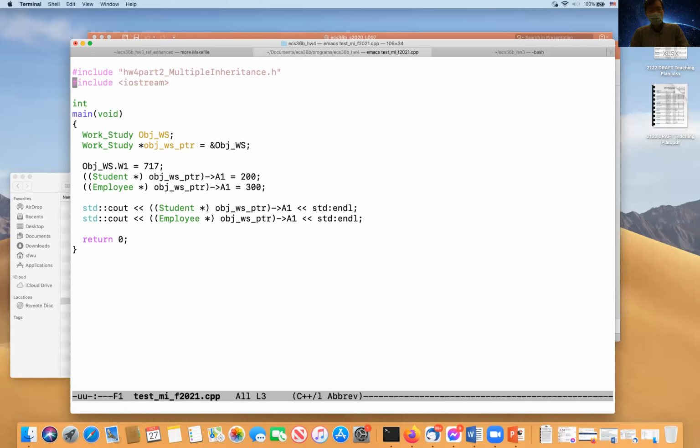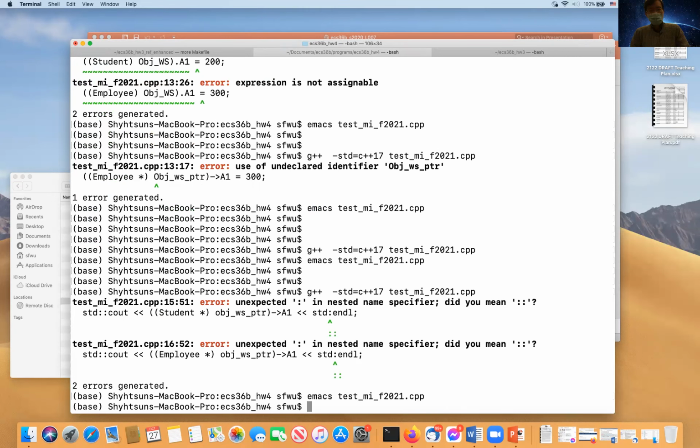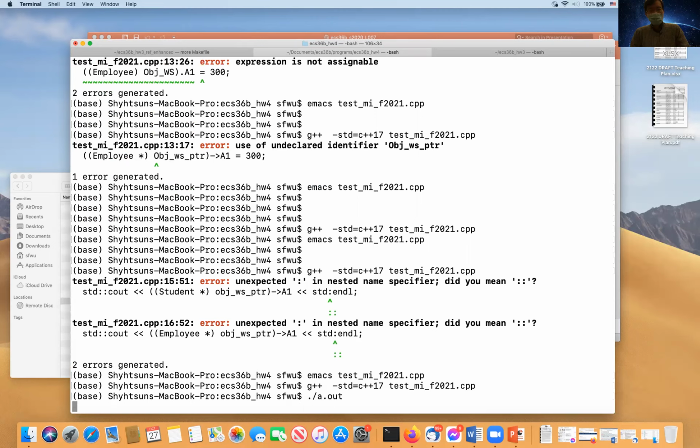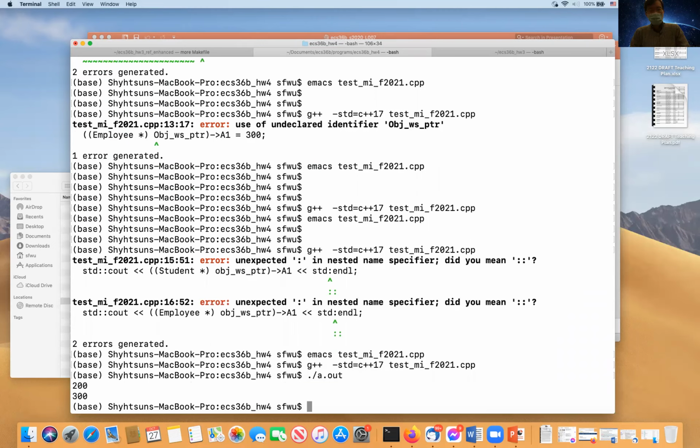I missed a semicolon here. Okay, ./a.out. So now it's actually printing these two corresponding numbers.